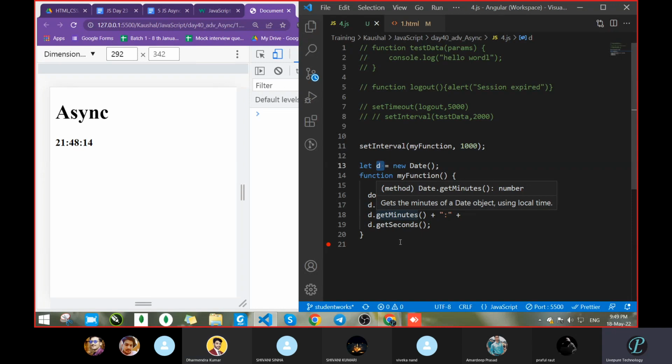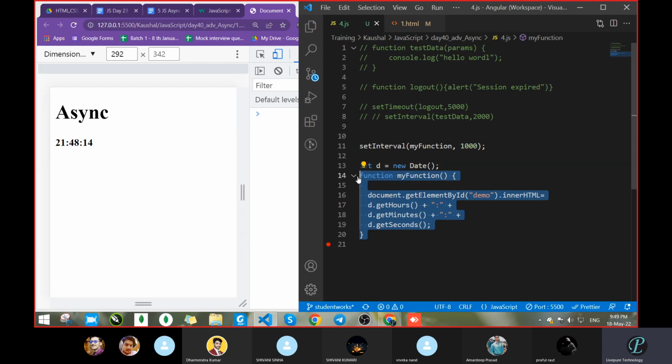Means at each second, is that value of D changing? No, sir. On the UI it's not changing, because no one is calling this function again after 2 seconds. First time it gets executed, the second time nobody is calling. Set interval is calling this function, but this variable nobody